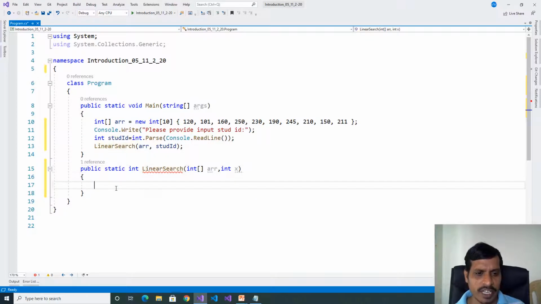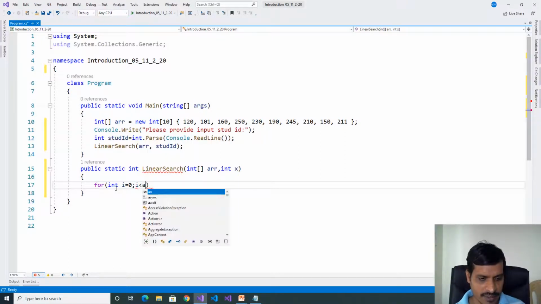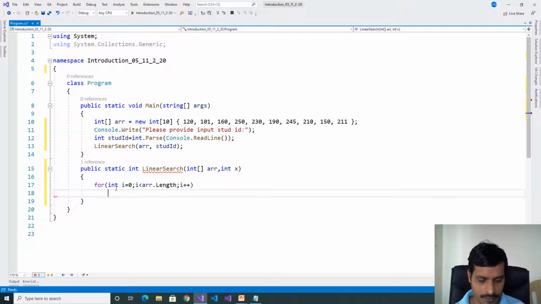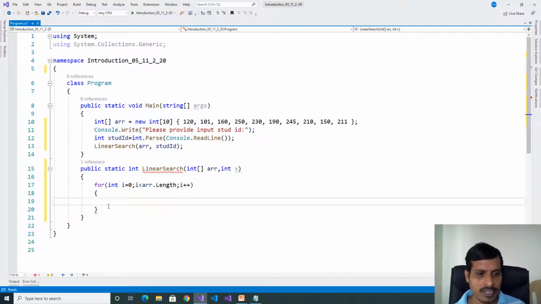We need to iterate over the array values with a for loop. For int i equal to 0, i less than array.Length, i++. Here we need to check the input value against the array. If the student id is available in the array, then it will return the index value, otherwise it will return -1.